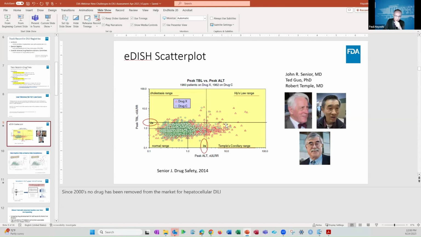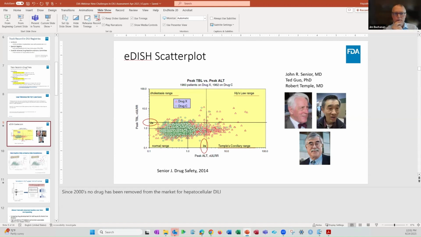So 30 days is the general window, and what our programming does is it will circle any case within that 30-day window. But we still want the case on the plot. We don't want it scraped off the plot. I like to say I don't want really any patient not on the plot. I want them on the plot, and we'll figure it out on the back end. So 30 days, 15 is a little tighter, maybe more specific, but we generally go 30 days. It's the window we use.